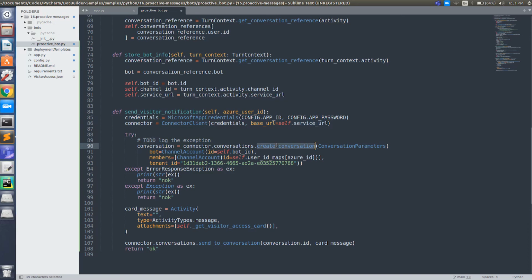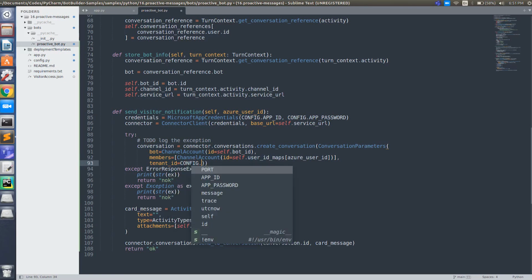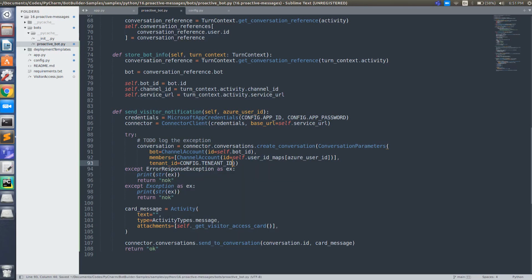Here you can see create conversation, and we are passing the bot ID. If you observe, this send user notification is receiving this Azure user ID. Based on the Azure user ID, we find the bot ID since we have it in these ID maps, and we need to pass a tenant ID. If you remember, we created this in our config file. Okay, fine, we have passed all these details.